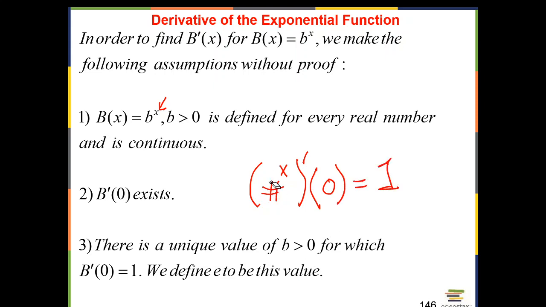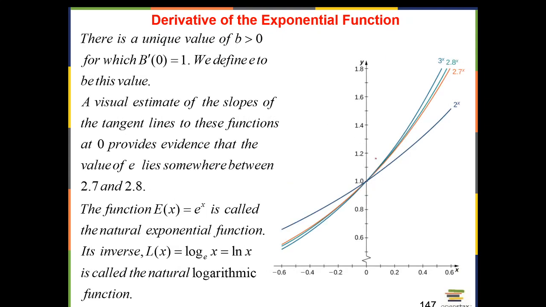Okay? And that number turns out to be a very famous number, e. So there is a base that if you use that base, the derivative would equal 1 at 0. All right. Now, again, it's a little vague here, but it's going to work. So here is the graph of a bunch of exponential functions with different b values, right? And notice that if we kind of eyeball the slope of the tangent at 0 to these graphs, you see the one that gives you the slope closest to 1